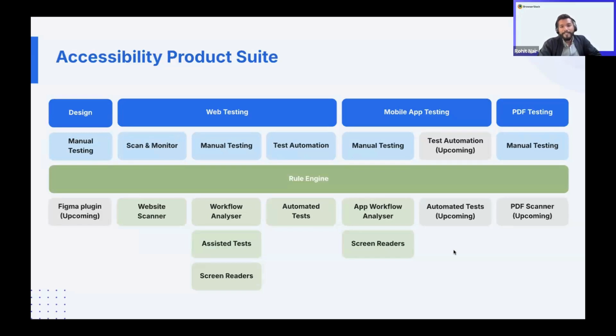We also have the PDF testing toolkit that's going to go live. I saw a question in the Q&A section about how do we test for PDFs? How can we do that? Happy to convey there are tools in the market that help you do that. Several of them. But in case you want to give BrowserStack a try, happy to host that conversation with you too.